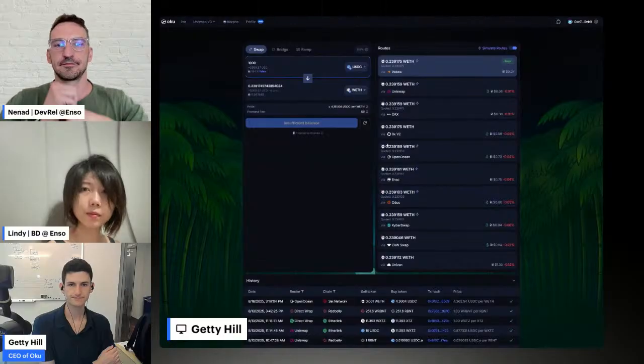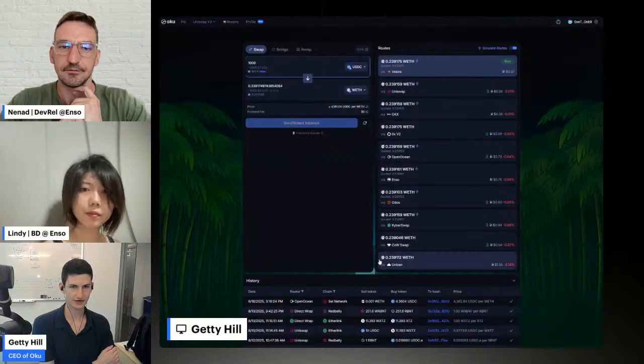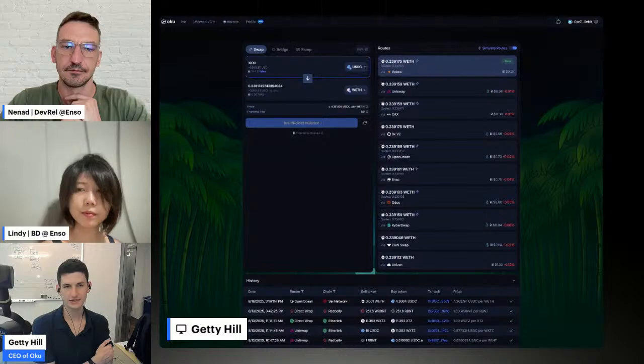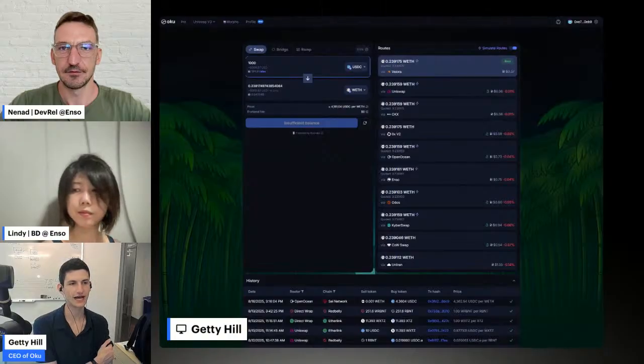In this swap window, I've already gone ahead and requested a quote just so we have something to look at immediately. A couple of interesting things are happening here. First, you'll notice there are many routes on the right-hand side, and there's also this new lightning bolt symbol that we just added. All the routes on Oku are now getting simulated. We're rolling this out to new chains, and it's a brand new feature that we pushed out last week. If there's a little lightning bolt there, that means the route has been simulated. For the route that the router has sent us, we've actually checked what the true output is if you were to execute it at this instant,